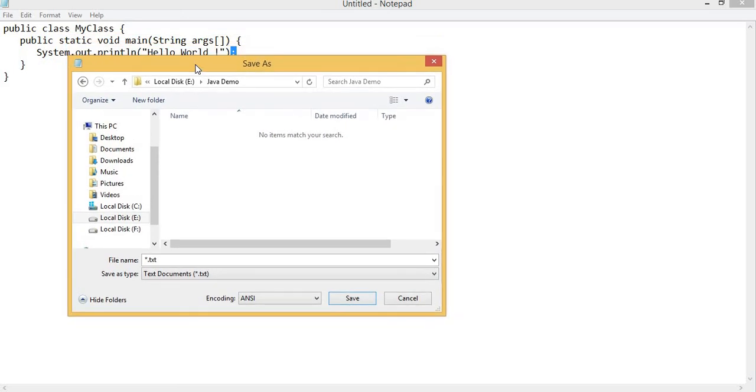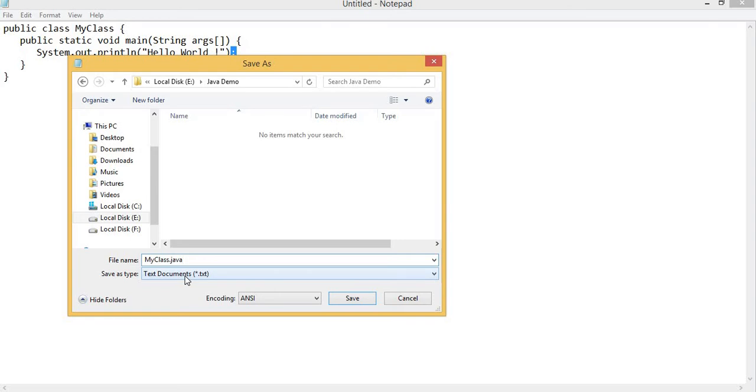So what is my file name? My file name is the class name, and the extension is .java. So the file name must be your public class name dot java extension. Since it's Notepad, by default it takes .txt as an extension, but this is not a .txt file, it's a .java file.